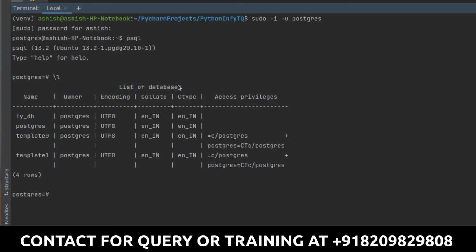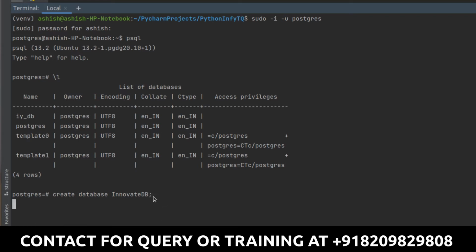Similarly, the next thing is, if I have to create a database and then use it, how should I do that? Because I don't want to use the databases which are already created here, right? So the first thing is that I have to create a new database. For that you can simply type create database, space, and give a name for it. So let's say InnovateDB, like Innovate database, right?